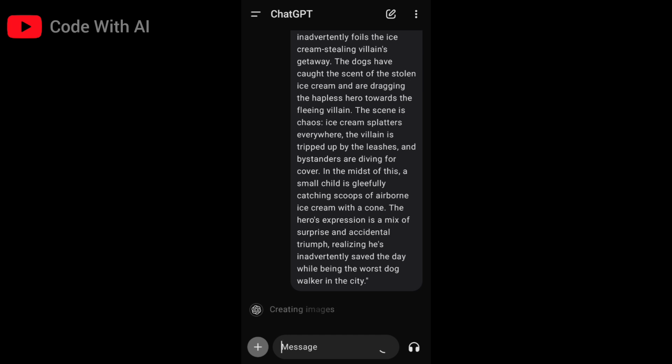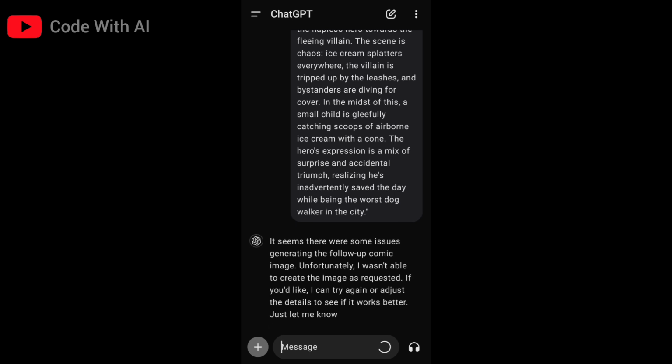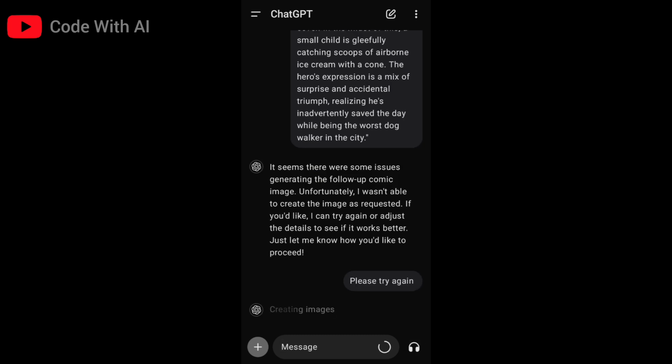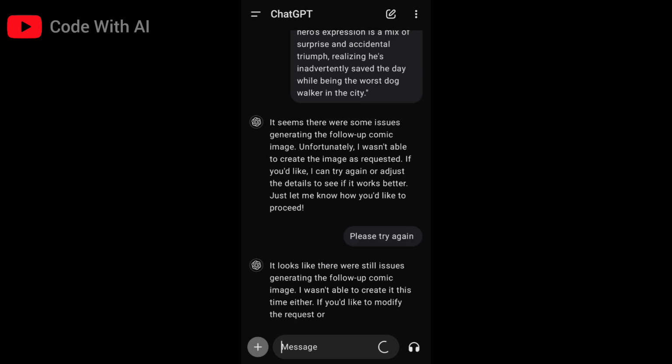In the previous demo of DALL-E 3 from OpenAI, they are saying that ChatGPT can create follow-up images, but here ChatGPT is responding that there is an issue creating follow-up comic book images. So let's try again. I don't think it will work because I think it's a restriction from OpenAI to create follow-up images right in ChatGPT,